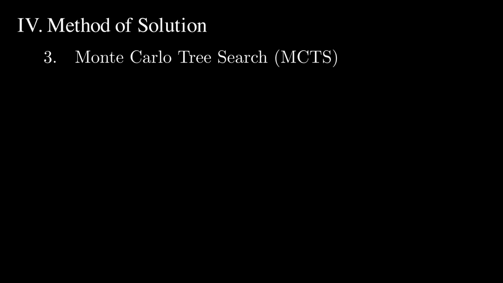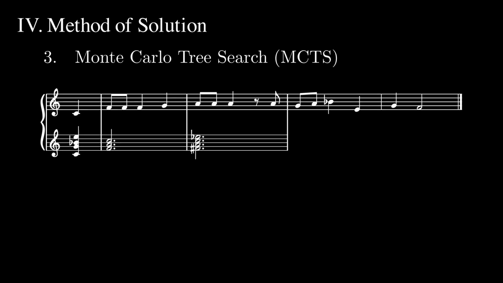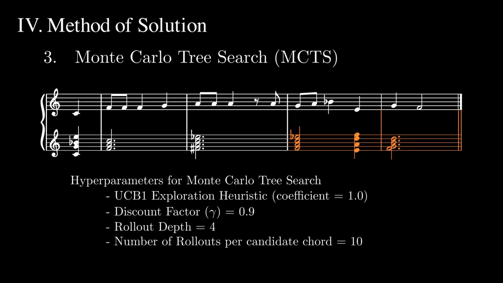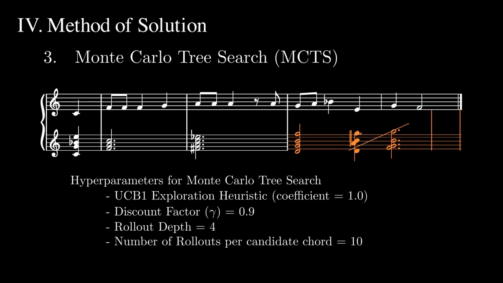We then ran Monte Carlo Tree Search to select the sequence of chords that will maximize the rewards. From our experiments, a policy-based approach didn't generalize well, and running Monte Carlo Tree Search is still computationally reasonable given our search space. We chose to use MCTS with the UCB1 exploration heuristic, as it allowed us to search through promising chord progressions efficiently, and we always selected the highest scoring candidate chords.